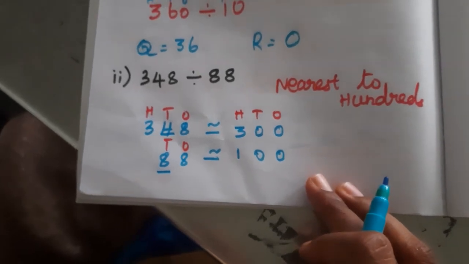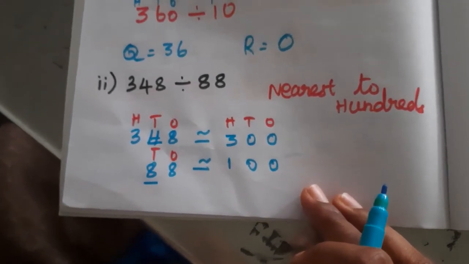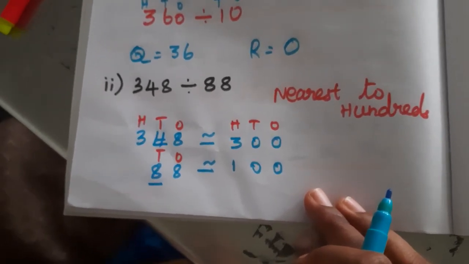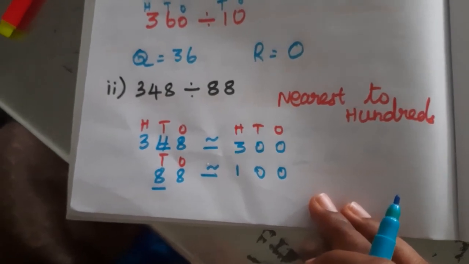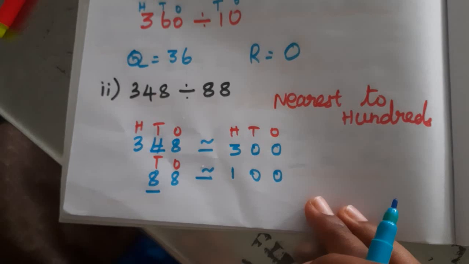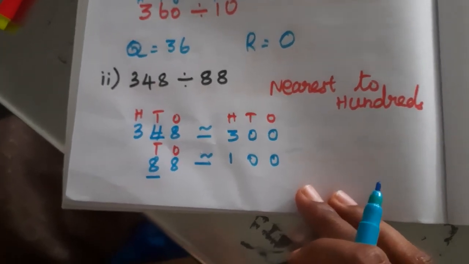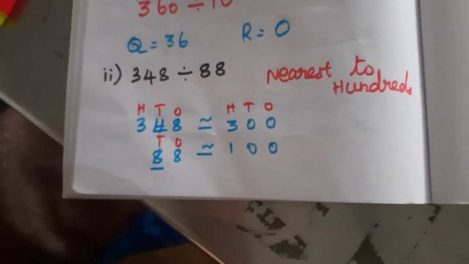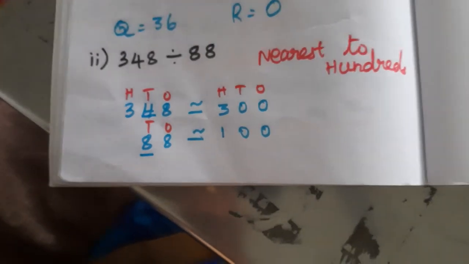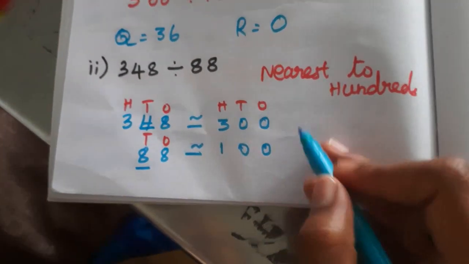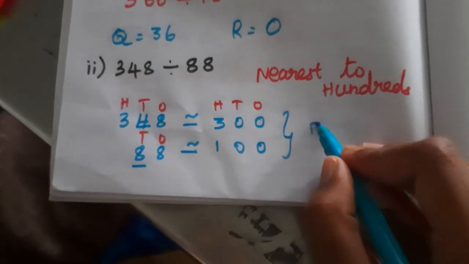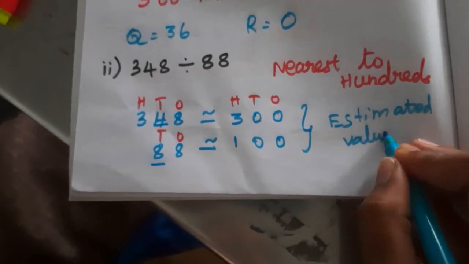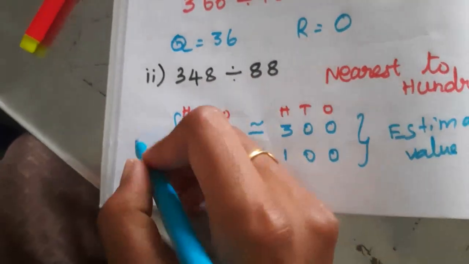Now we have to find the answer, quotient and remainder. Okay, before we find the quotient and remainder, we have to recall what is the procedure, what is the concept while dividing by 100. Okay, when a number is divided by 100, what is the procedure, that we have to recall first. Then we have to find the quotient and remainder. Okay, then it is easy for you. Yes, first see here 300 and 100. This one we call it as, very good, the estimated value. Yes, next one is the actual value.